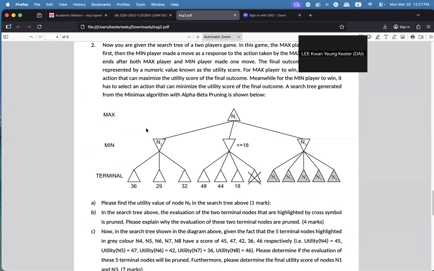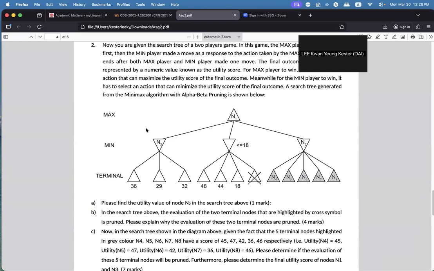For the A-star search and the best first search, just follow the rules that I just mentioned. And for the alpha and beta pruning, just recall what I discussed in the last lecture, and you'll be able to do assignment 2. Assignment 2 is not that difficult. All the things have specific rules and a specific way of solving the problem. You just recall those techniques and solve it, then I believe that you are able to finish the assignment.